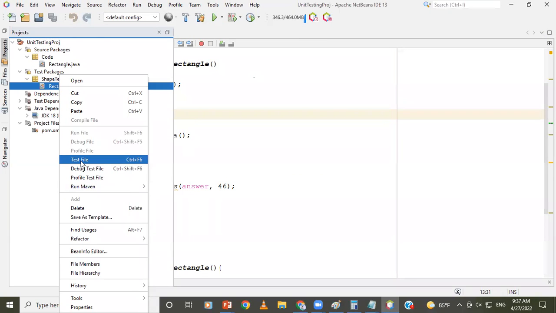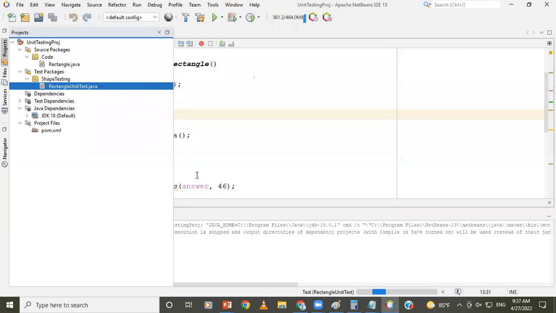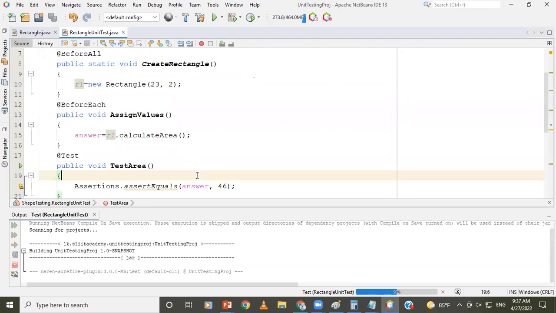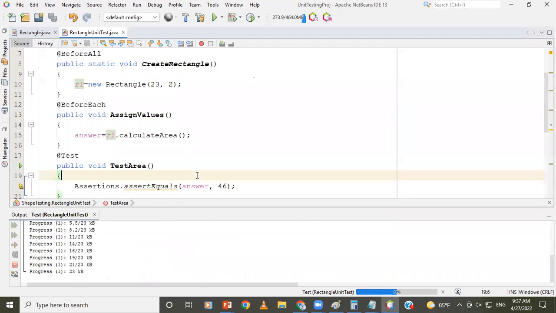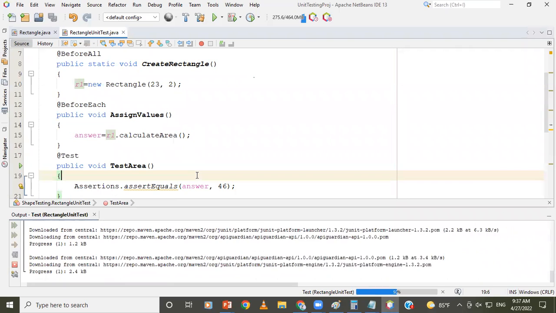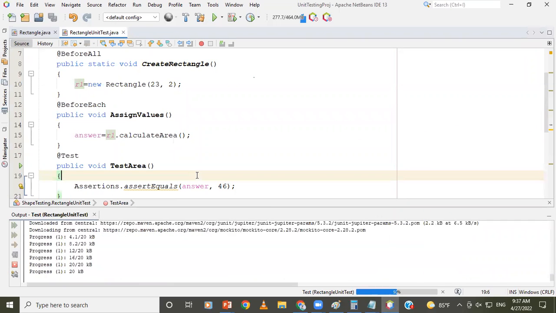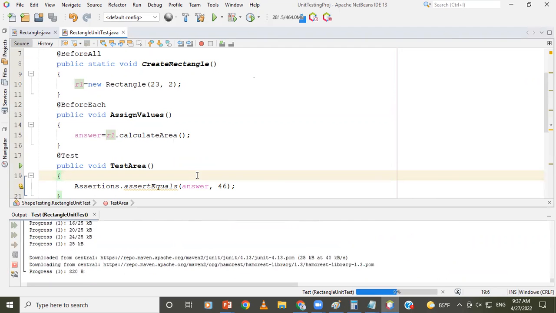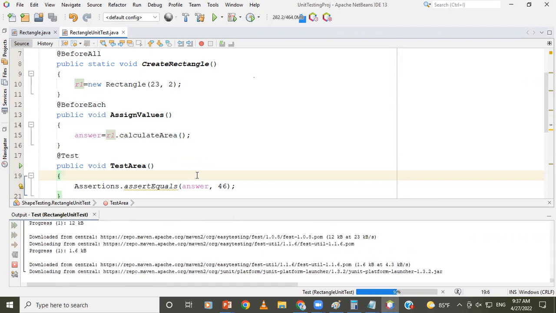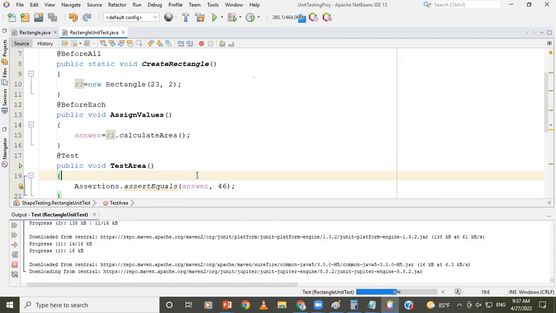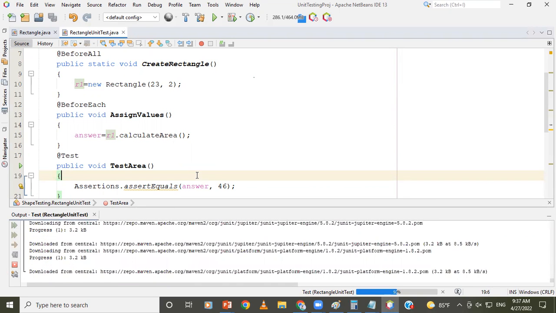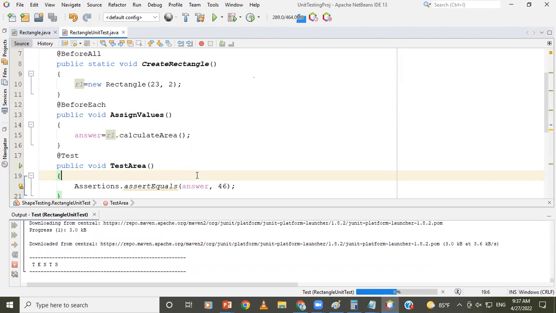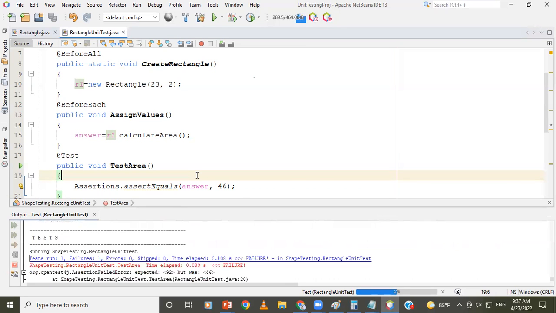So you can right click and click Test File. Hopefully, if you have done things correctly, it should build the project and download something from the internet for the first time. These packages are downloading many things from the internet, right? So make sure you have a data package ready if you use this JVM test. Yeah, test. Now they run the test,